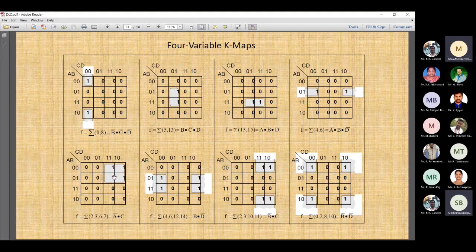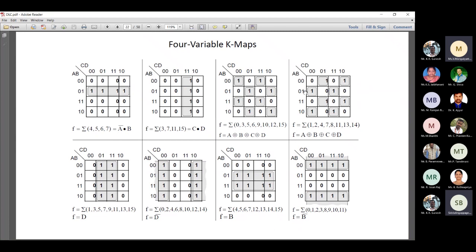So like this you can group in fours; adjacent cells you can group. Here you see corner edges also you can group, right? So this is how we can group the four variable map. Similarly here you can see there is no possibility of grouping of 4 or 8 or 2. Under such a condition you have to group by single, right? So here you can group this way: 4 grouping is possible, 8 grouping is possible, adjacent 8 is possible. So this is how you can group it.